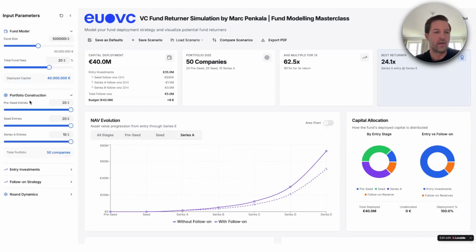And in practice, it's like, hey, how many pre-seed investments do I want to do? In this case, I created the default scenario. The default scenario is I do 20 pre-seed investments, 20 seed investments, and 10 Series A investments. So this obviously sums up to 50 companies, which is probably an average portfolio, maybe a little bit bigger